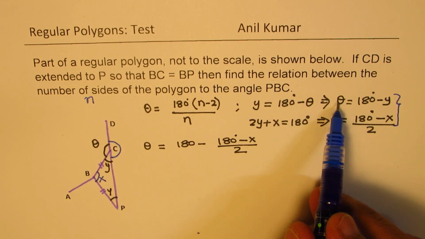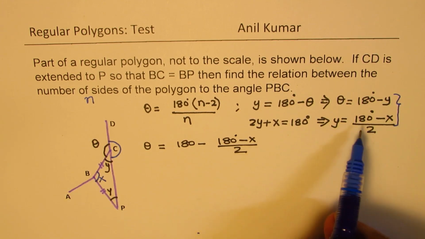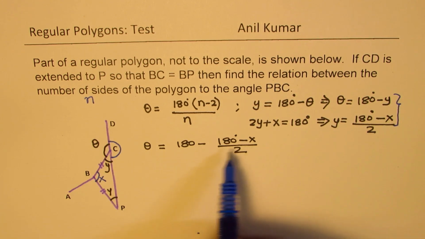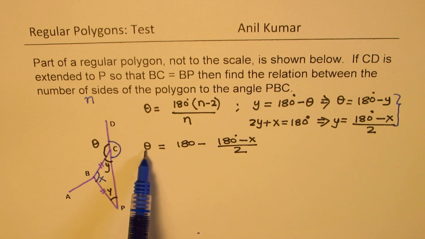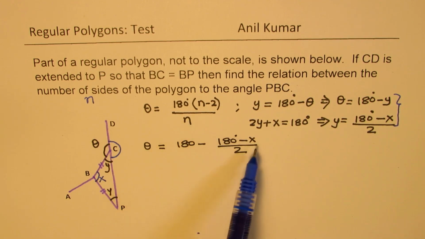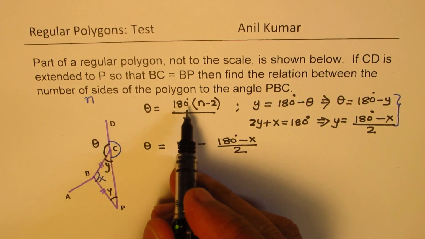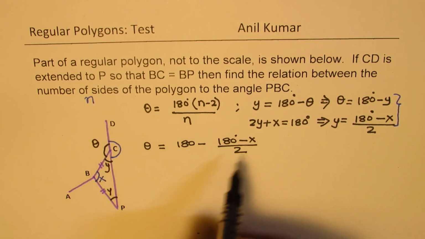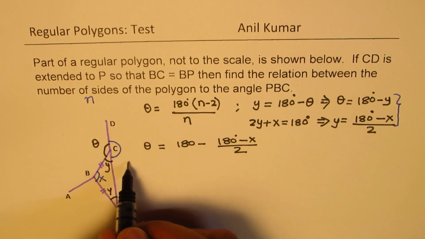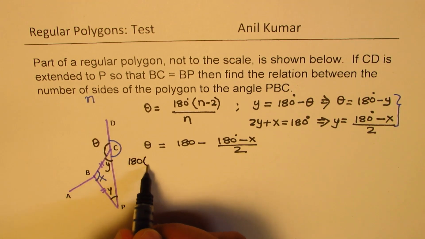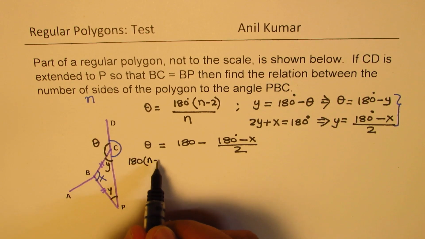So we wrote theta as 180 minus y, and y was 180 degrees minus x over 2. But we know theta is this also. So eliminating theta, we'll get a relation between n and x. Clear? So we can write this on the left side, or we can simplify this a bit more, right? So we can write this as 180 times n minus 2